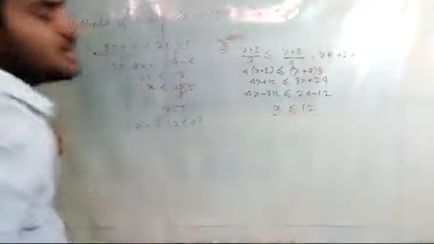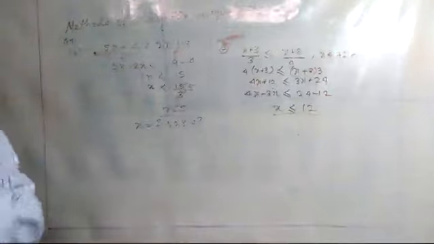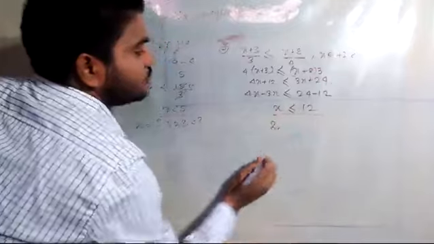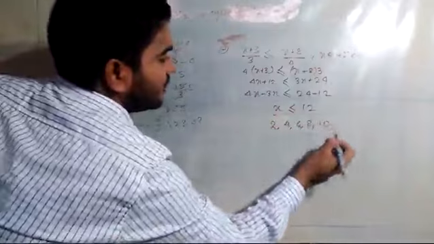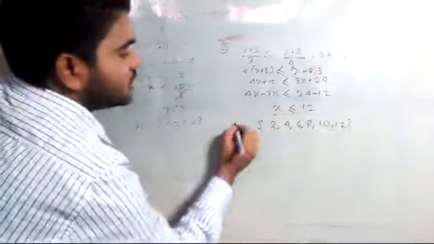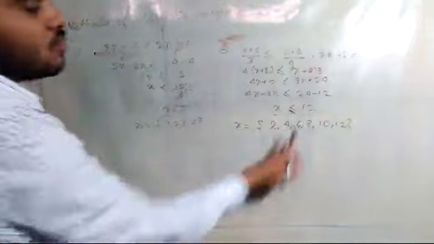So what is the answer here? x is less than or equal to 12. No, our task is not finished here. They said x is an integer and also a positive even integer. So positive even integers means 2, 4, 6, 8, 10, and obviously 12 will come here, my dear student, because it is given as less than or equal to 12.